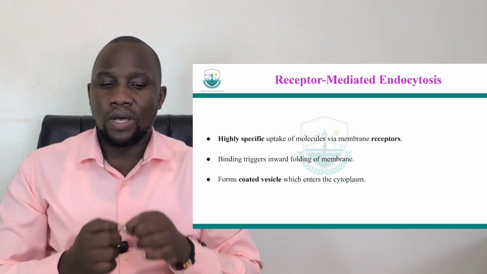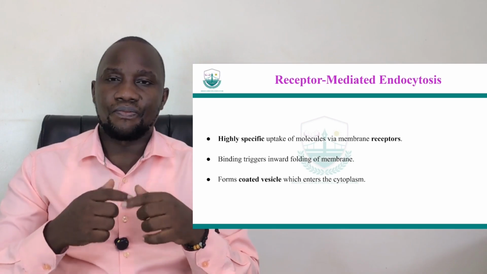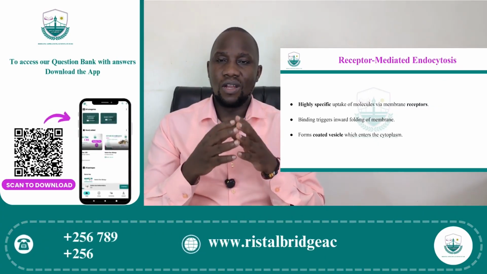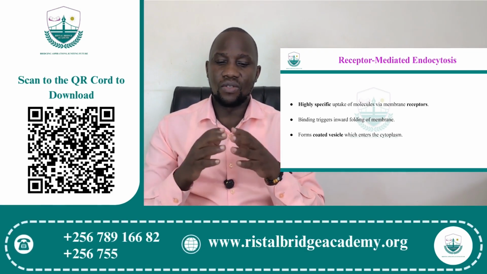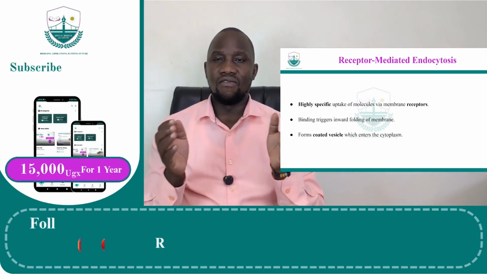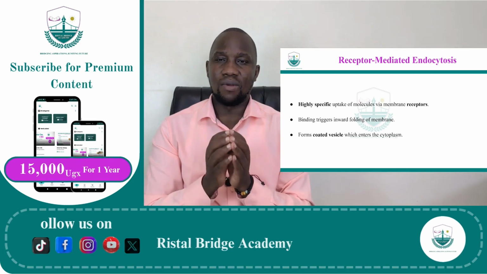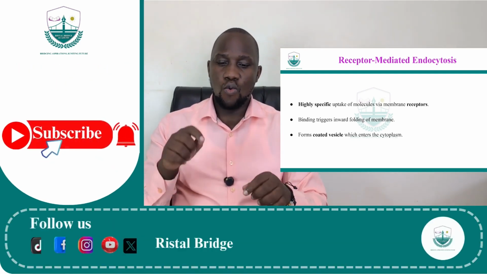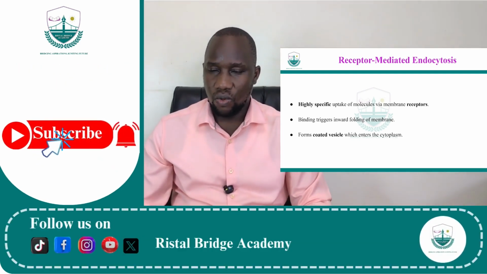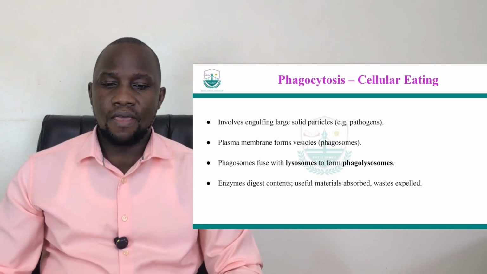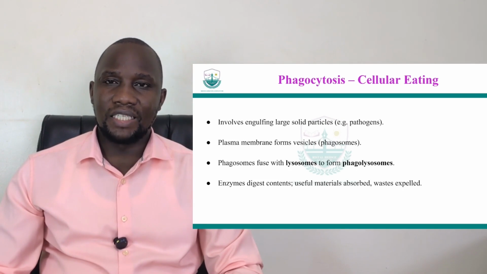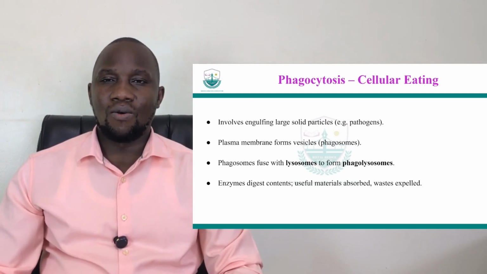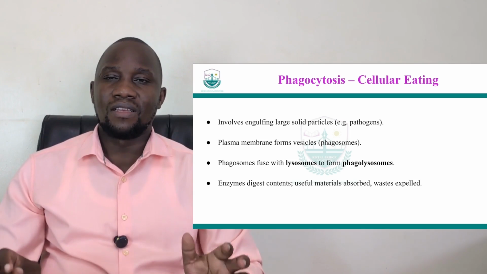And when they fit well, you will have inward folding being initiated, and then eventually you have a vesicle that is formed, and that vesicle will now enter into the cytoplasm. So you have a cell with its vesicle. Okay, and then phagocytosis is what we can term as cell eating, that for example, the white blood cell looks